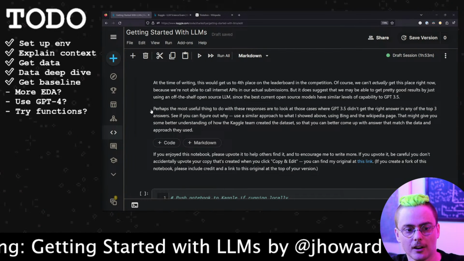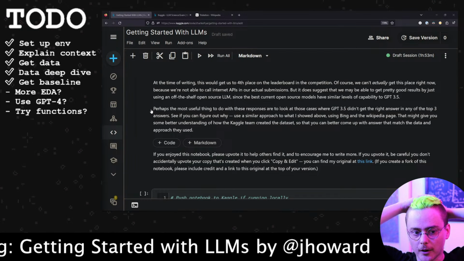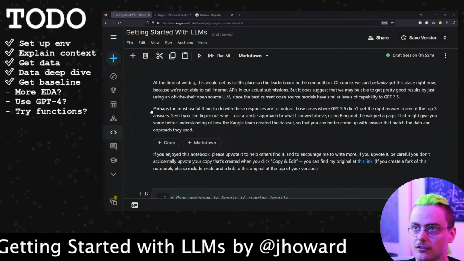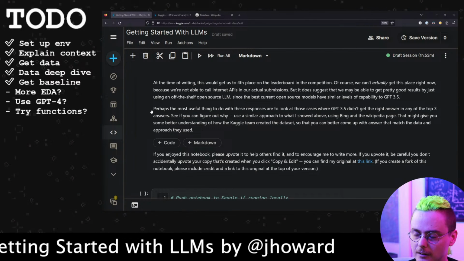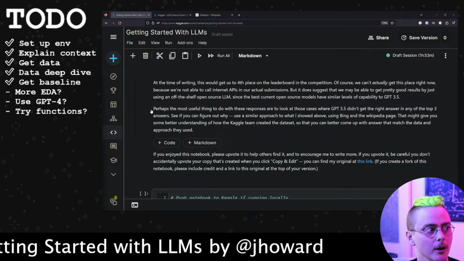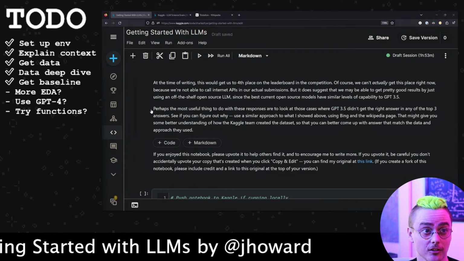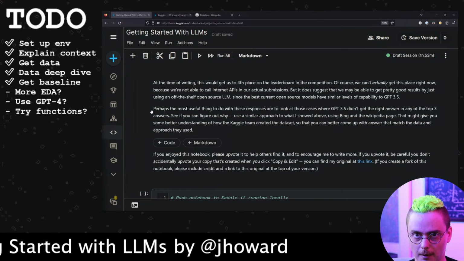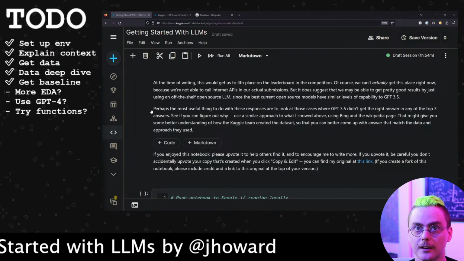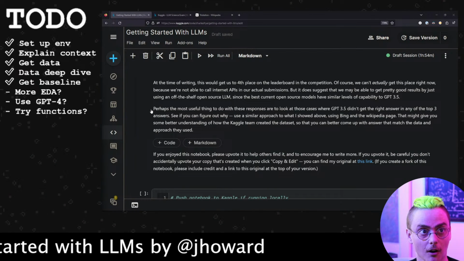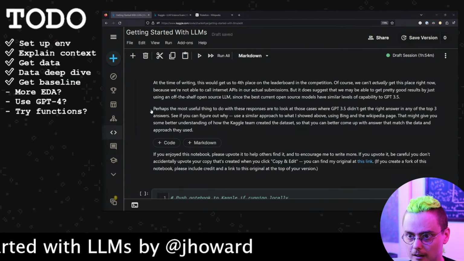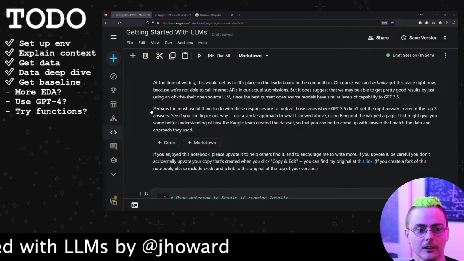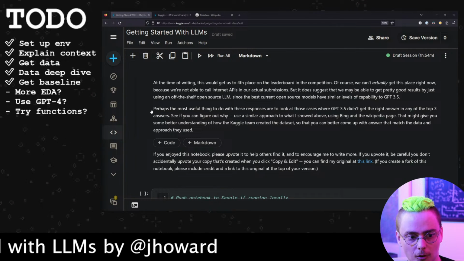Oh, interesting suggestion just came in from Jonathan Whitaker. Maybe you could look at generating some training data. That's an interesting suggestion. So what would it take to generate some training data? We would need to pull down some things to ask questions about. So we would need a collection of things to make questions about, and then we would need to know what the right answers to those questions are. So that's going to be the bottleneck, I would say. Once you know the right answer to the question, it's pretty easy to generate the extra multiple choice ones.